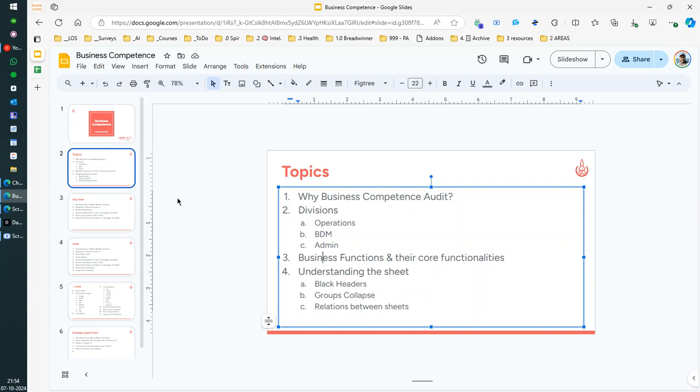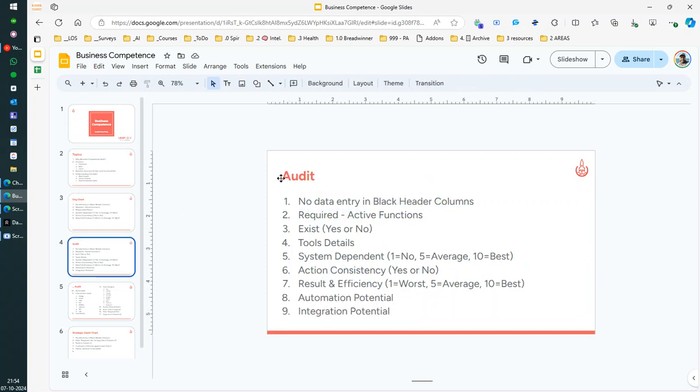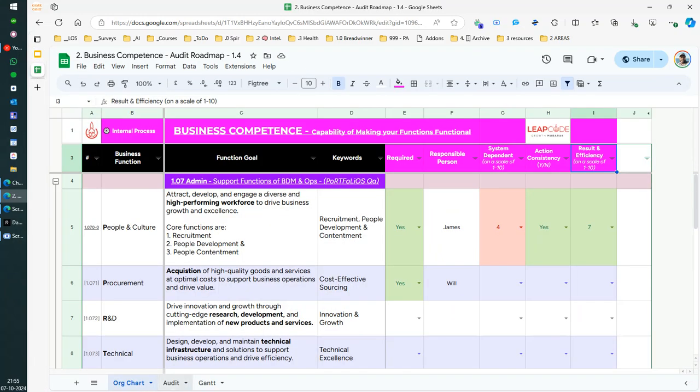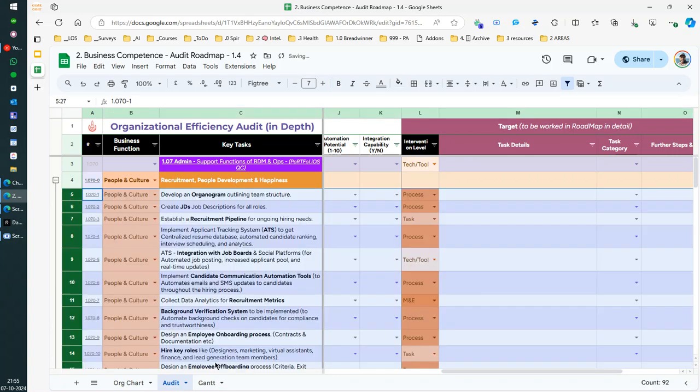So let's see the presentation as well. We have discussed this. Black header columns need no editing, no data entry. So the organization chart is discussed. Now we are moving to the audit part. So what exactly is needed in the audit sheet? Now, when we come to the audit sheet, again, you can see the plus and the minus icons. This is again for collapsing and expanding the rows as required. So if we expand this row,